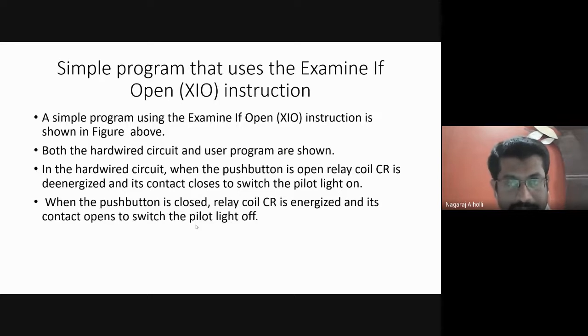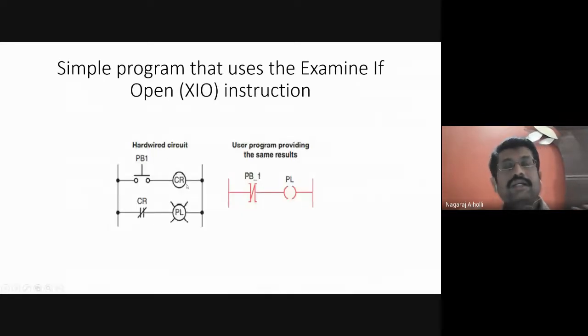Similarly, here also there is this relay coil. When it is energized, it is storing the status. Say status is 1, it is in on state. It is stored in the memory location in the PLC memory. After some time gap, say 2 or 3 seconds, that memory location is being connected to this relay contact. That means whatever bit status is indicated by the relay coil, the same bit status is applied to the relay contact.